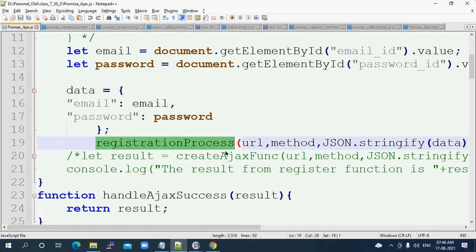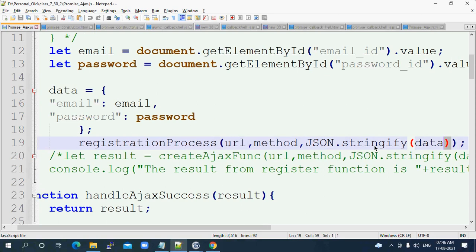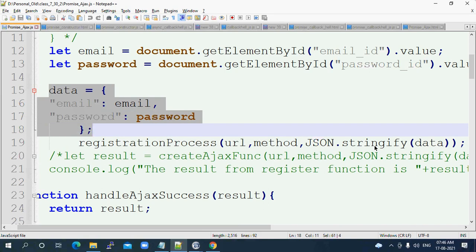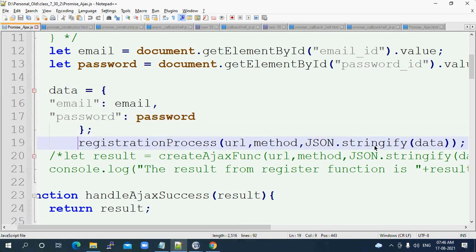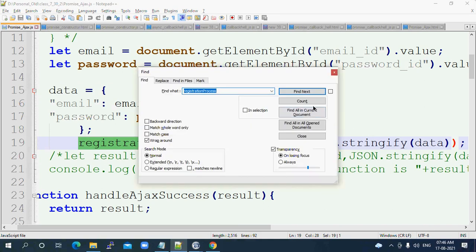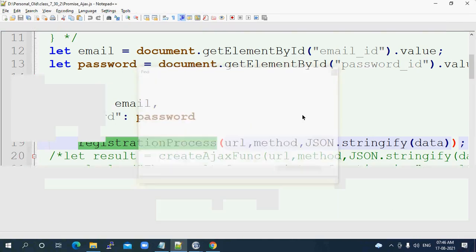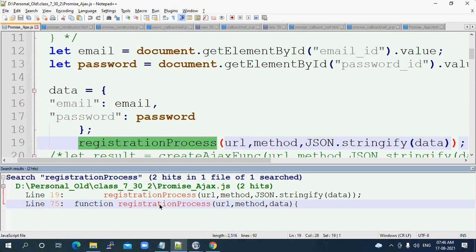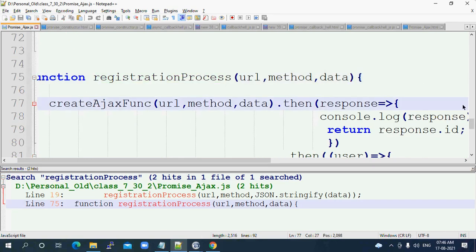So I'm calling the registration process here with the URL and method, and JSON.stringify. The data I'm passing is an object that I'm converting to JSON. Once I call this registration process,